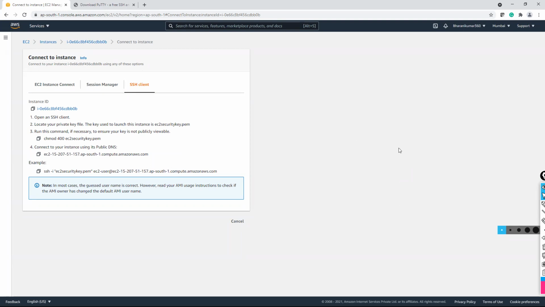Okay, copy the IP address. Either you can use the IP address or you can use this public DNS name. Copy this. I think Kiran, you are installing PuTTY, right?